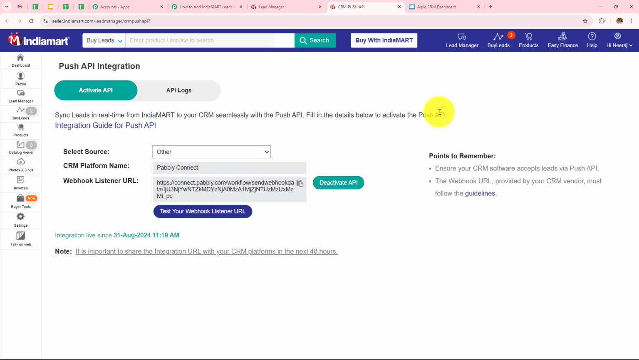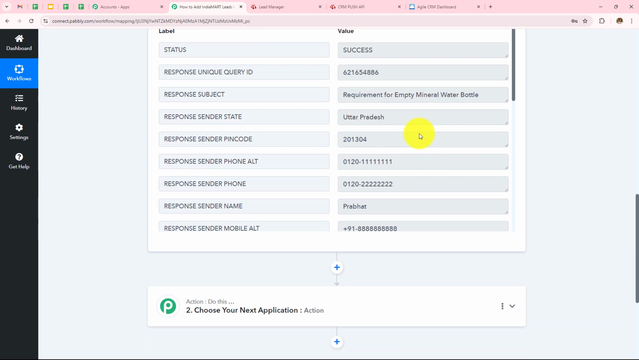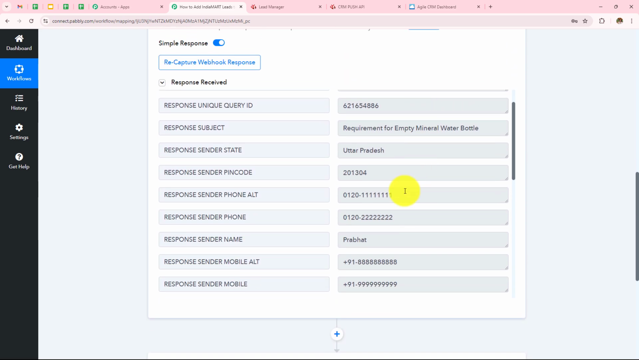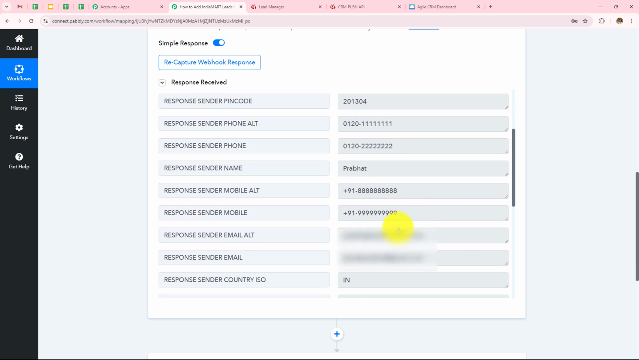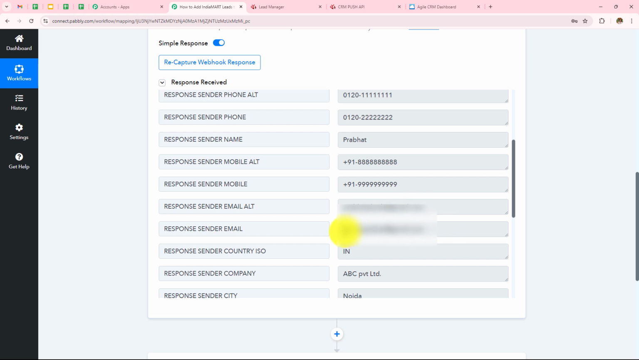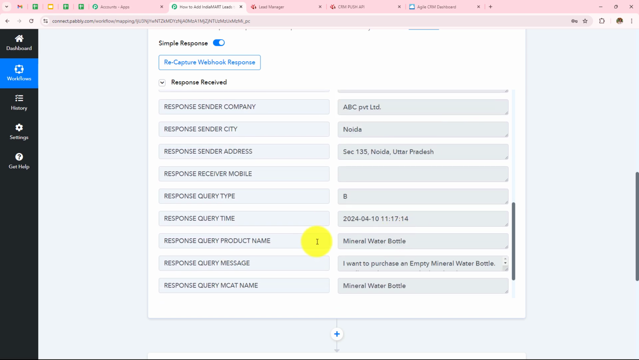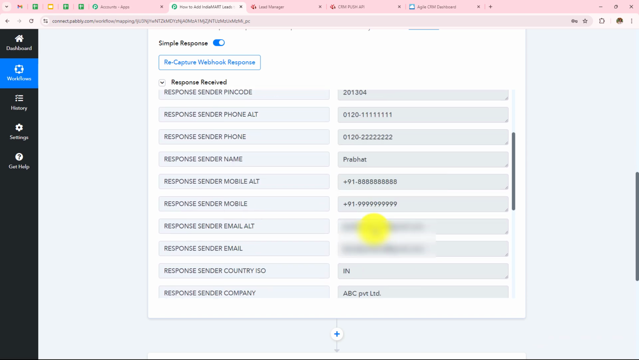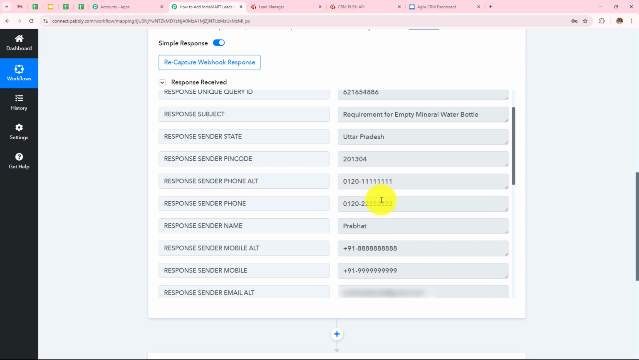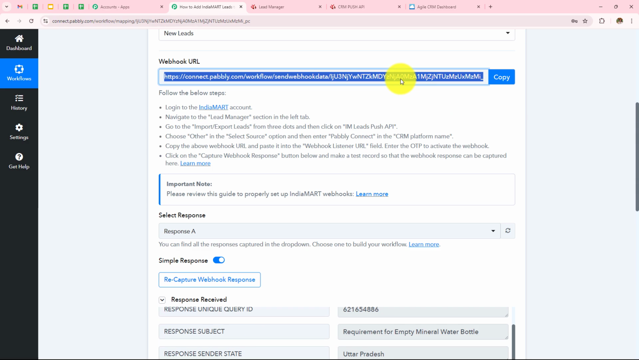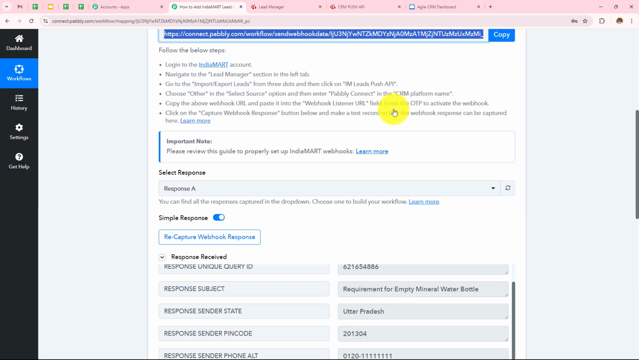And now I need to go to Pabbly Connect and check whether I have received the details of the test lead there or not. And over here we can see we have received the details of the test lead. Here is the name, the state, the alternate phone number, the phone number, mobile number, email address, office email address, alternate email address, company name, city name, address, product name. So all these are the test details of the lead, which means we have successfully set up the webhook URL in the IndiaMART account, which means Pabbly Connect is connected with IndiaMART, and now I have to move to my next step,